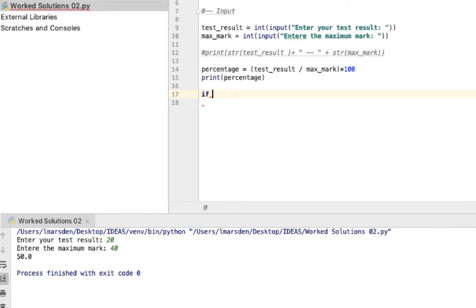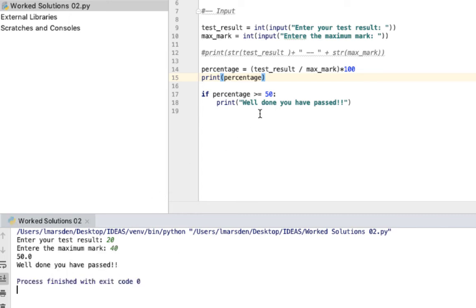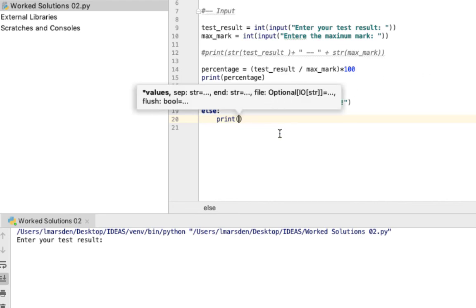So let's go if percentage is greater than or equal to 50, then we can go print well done, you have passed. So let's see if our person passes. So if we go 20 and 40, which is 50%, well done, you have passed. Okay, let's tell them if they haven't passed, then we could use the else statement. We could go else and go print. So if it's less than that, 49 and below, we could go print bad luck,